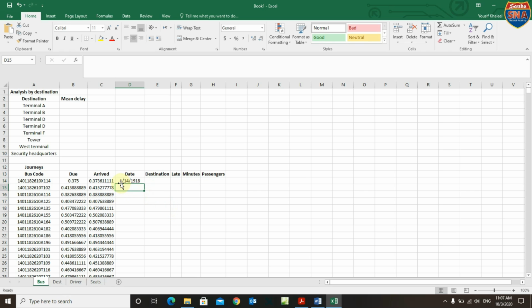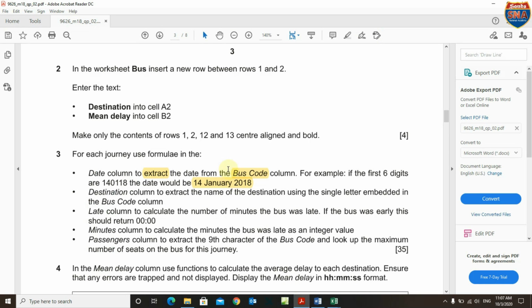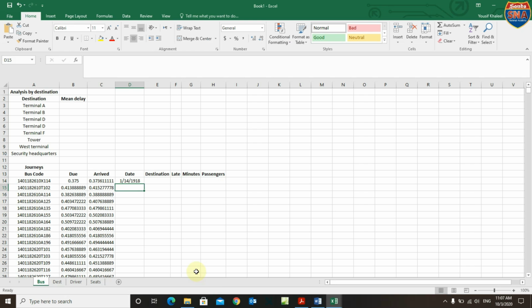So this is our formula for the date. It should be like that, guys. It should be like this one. So what we have to do now is, okay, great. It's very easy. What we have to do is right click here